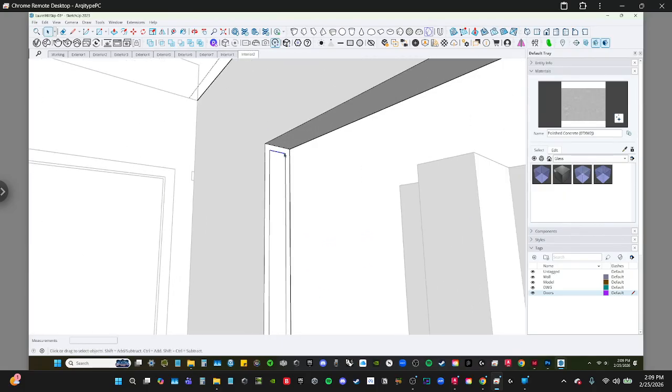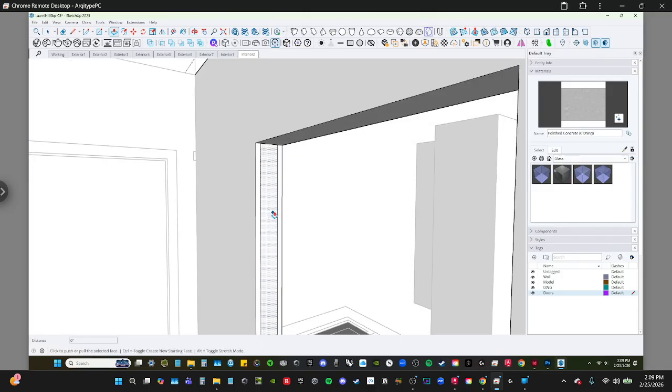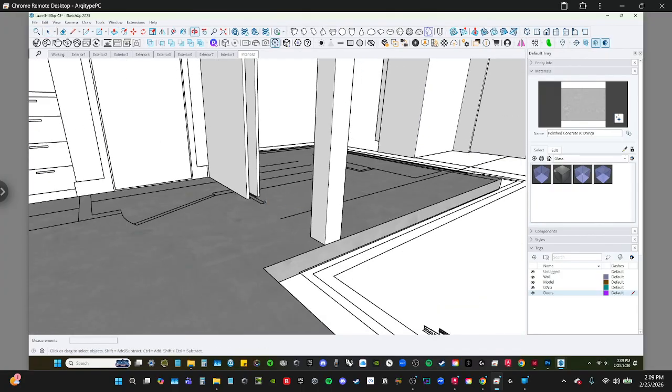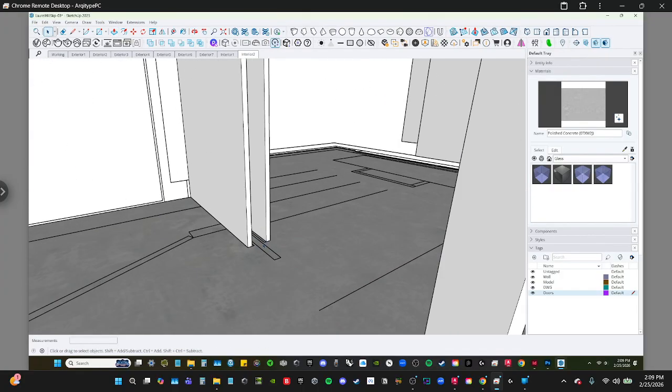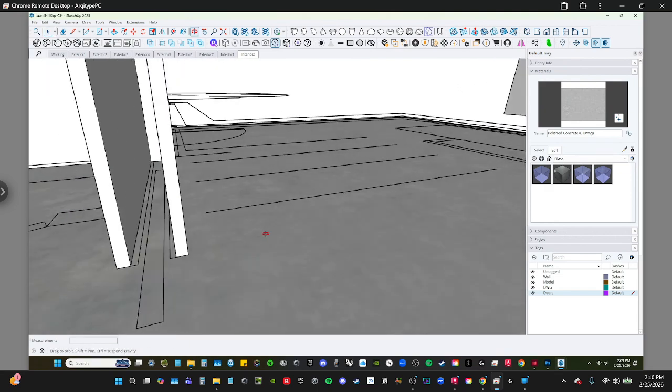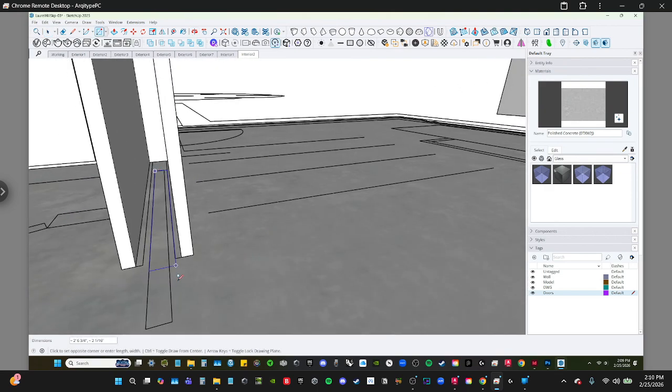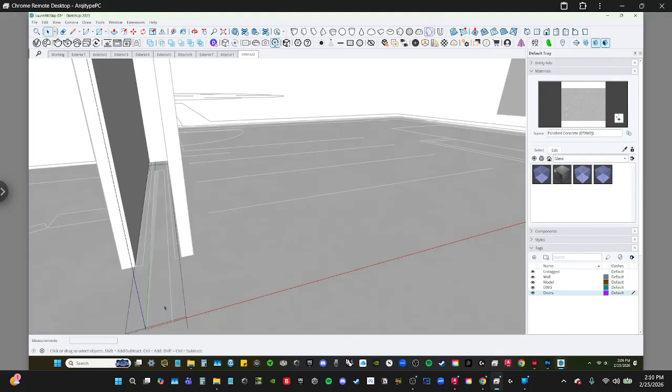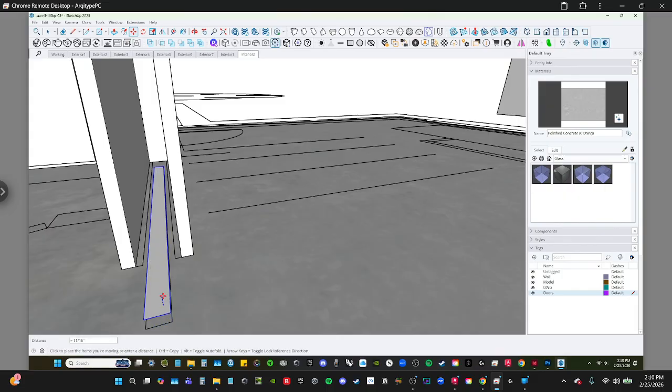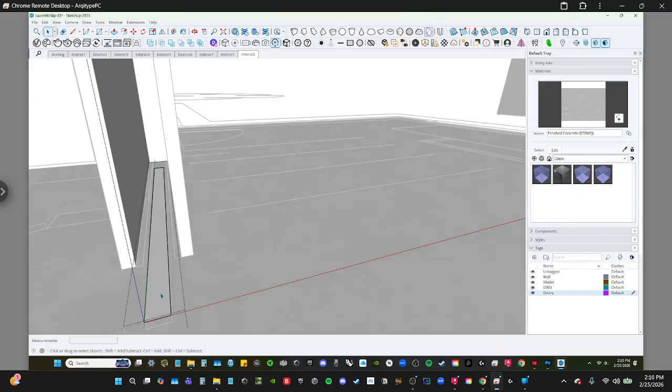Take this line, do the same thing. Now what I can do is take this inner piece and push it back the width of the door, which is probably 36 inches or 32 inches. And great, I've got where the pocket door goes. Now, on door layer, I can just draw the door because I drew it in floor plan. Double click, group, and then I'm actually going to move this up a half inch. And now I'm going to push it up,